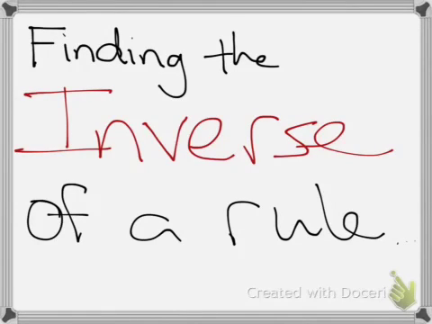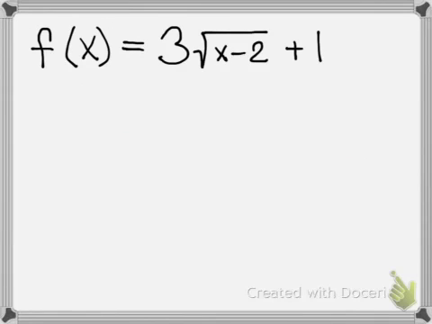Greetings, everyone. So we're going to work on finding the inverse of a rule. And here's the first rule, or here's the rule we're going to try to apply this to. Now, what you should do when you first see this is you should recognize what the graph looks like. And that's an important step because you want to have an idea of what the inverse is going to look like, and then some of the other relations that we've talked about switching x's and y's is going to be